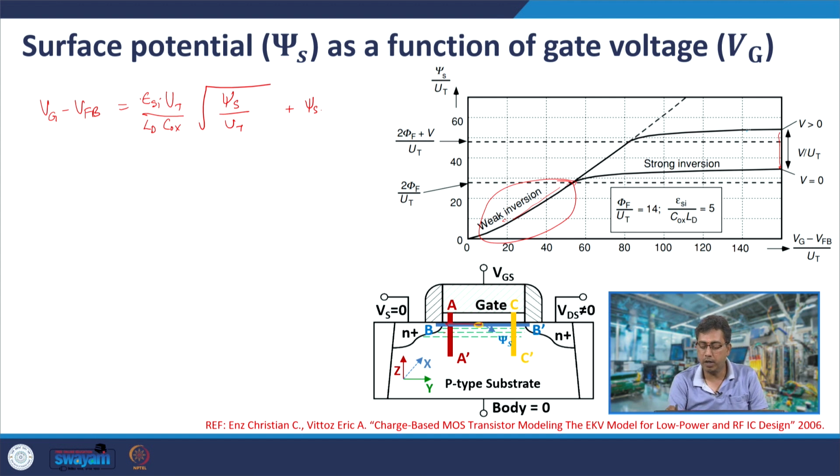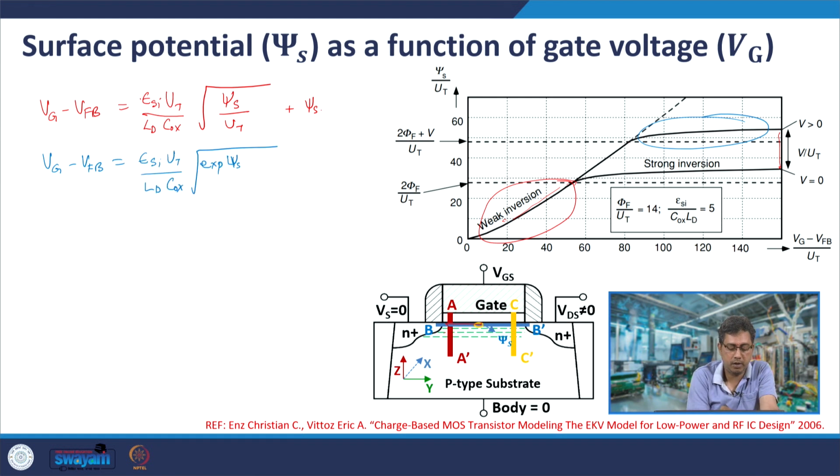Whereas, if we look in this region, you would find that Vg minus Vfb is nearly exponential in chi s minus 2 phi f minus v. So here you find that a little increase in chi s would compensate for an increase in Vg. Right. So, we can write this in another manner. So, this explains, here I will end. This explains the fact that chi s almost saturates when the value of gate voltage is such that the first term